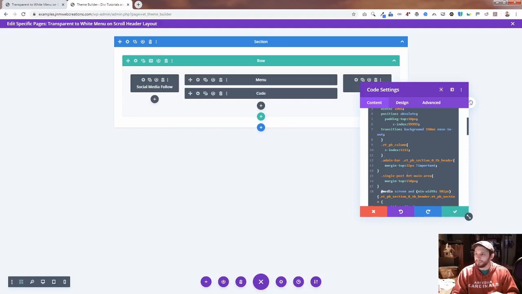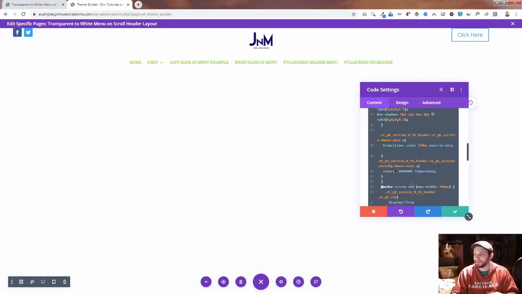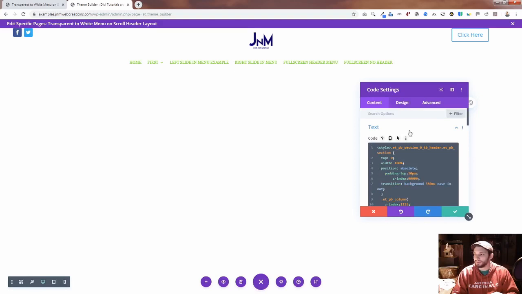One of the nice things, if you don't know this also: if you have the code setting here, because it's hard to click that code, you can always not press the green button and just go back down at the bottom and press on that. Now you can actually change it with this right here. You could change whatever you want in here, add to it, I don't really care. But if you're not a big code person, you may not know how to do it, or it's not really code, it's markup,